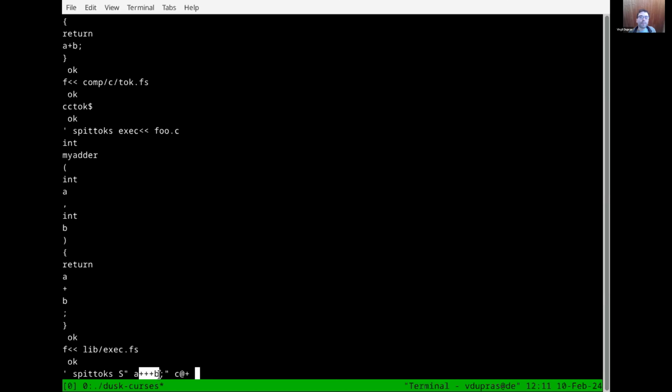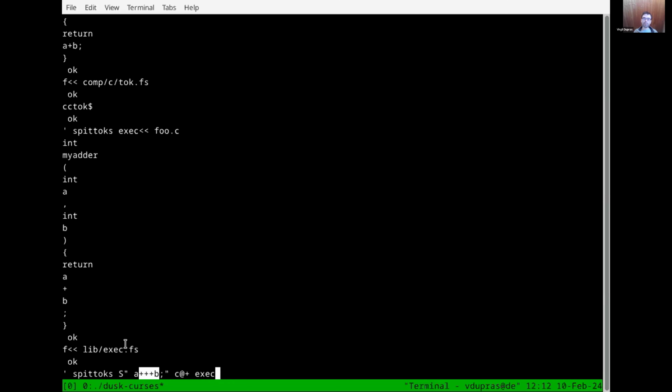So what is A+++B? Is it A++ space plus space B, or is it A space plus plus space? Anyway, which one is it? And the rule for tokenizing is to be greedy. That is, you get the biggest known symbol that you can, which will be plus plus, and then we'll have the plus.